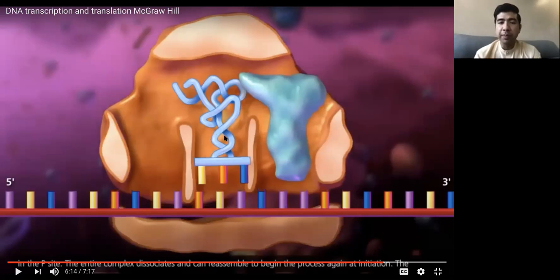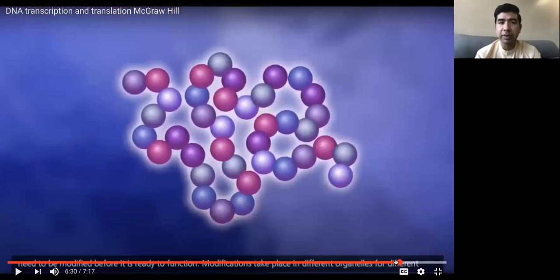So the reason is that it wants to release the amino acids from the tRNA and become a free polypeptide. Okay, so I said the release factor binds here and then it disrupts the whole thing, by breaking the adjacent bond between all of these complexes. Clear? All right, and then finally, once you have the polypeptide,